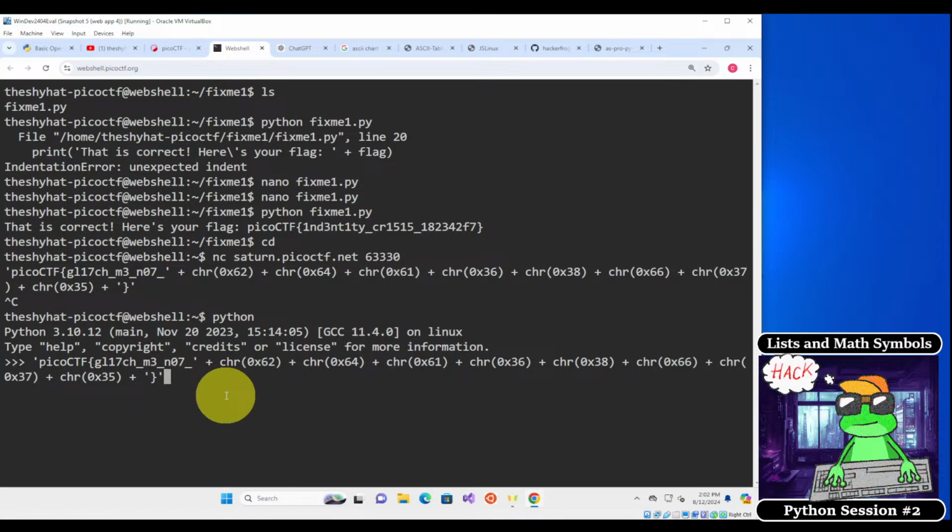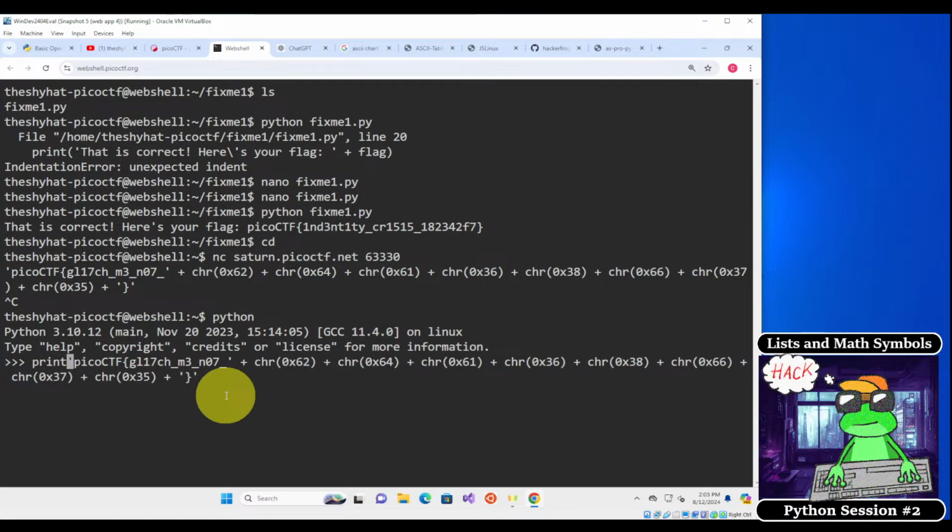We need to run it with another function, but which function is that? If you know, type it in chat. Otherwise, I'll explain it in just a moment or two. So somebody says nano. We could put this in nano first, but actually we don't need to. So what we need to do, if we're just running this inside of the console here, is to just use